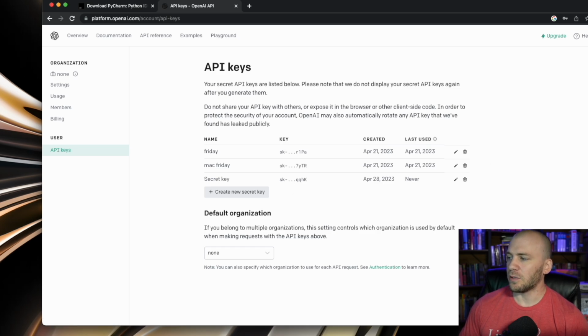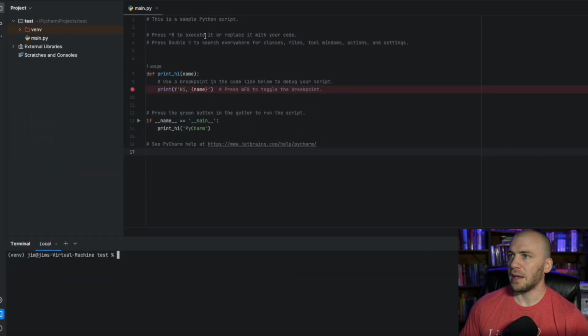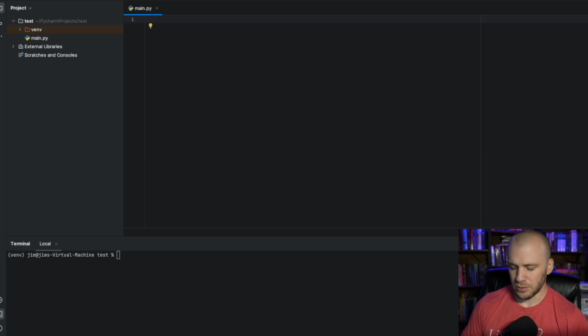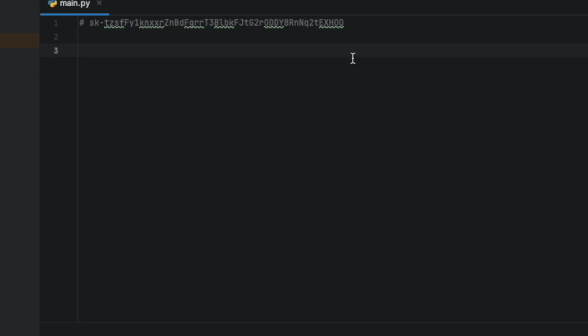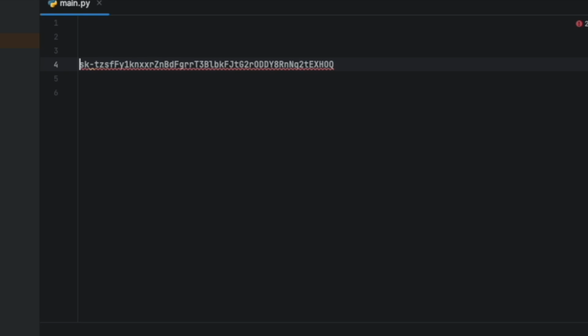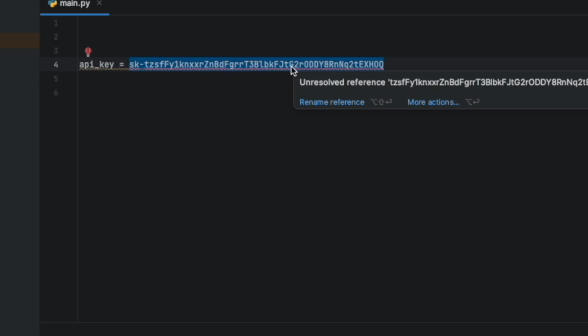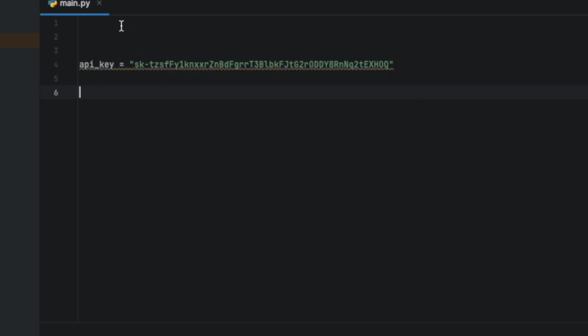So I'm going to come back over here to our PyCharm, and we are going to just delete all of this, and I'm going to paste in that API key, and then I'm going to comment it out, and I think it's command question mark, and it should comment out our API key. But actually what we can do instead of just commenting it out is just come down here and we'll just say API underscore key equals, and then we'll have this API key stored in a variable, which we are going to need. And the reason this is underlined is because it needs quotes. So we'll just go ahead and throw some quotes around it.